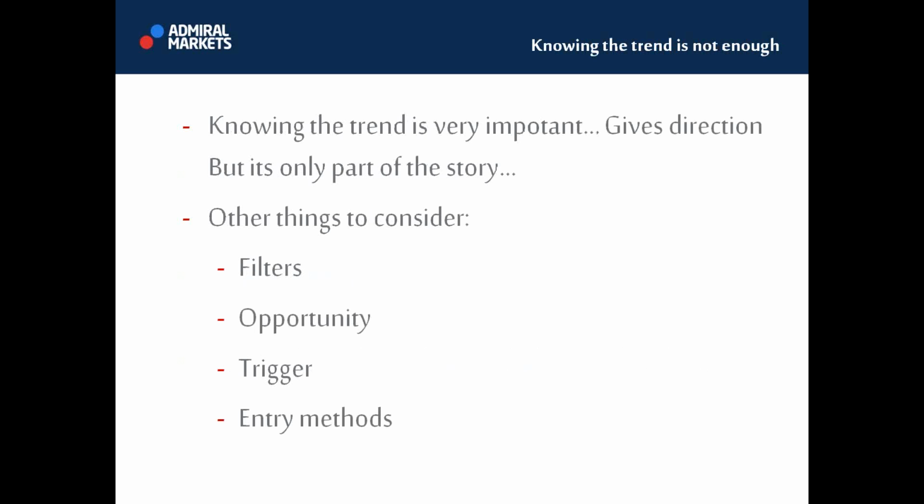Knowing the trend is great because we need that directional guidance to have an idea which signals could be good for trading in that direction. If you did not have a trend bias, then it might get a bit confusing. But other things you definitely want to consider are filters. What could be blocking the trade from developing? What could hinder that trade?